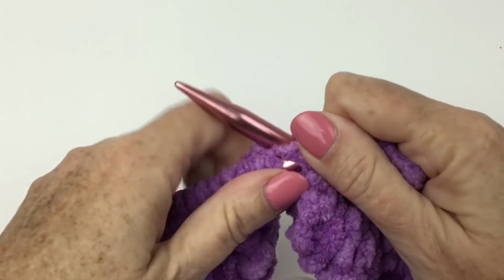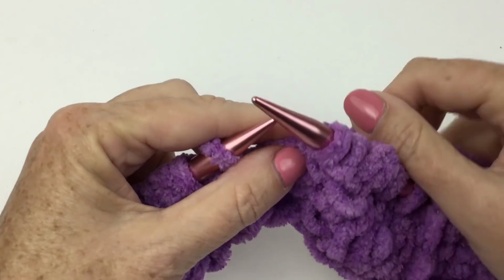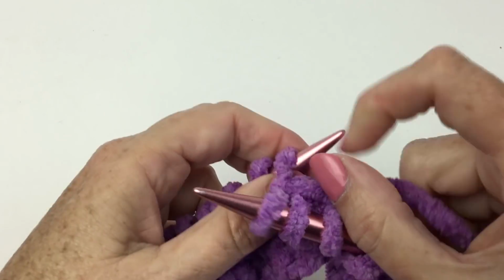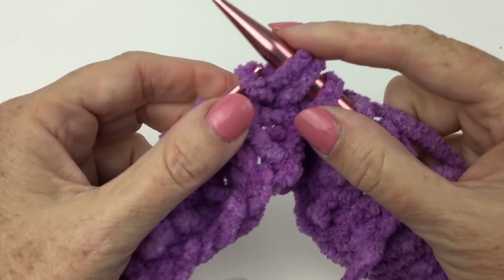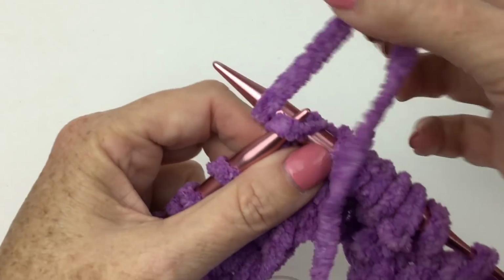But let's take a look at that one more time. So it's KFB, knit front and back. Knit in the front of the stitch like you normally would. Do not push the stitch off the left-hand needle. Knit in the back of the same stitch and then push the stitch off the left-hand needle. Knit 2,